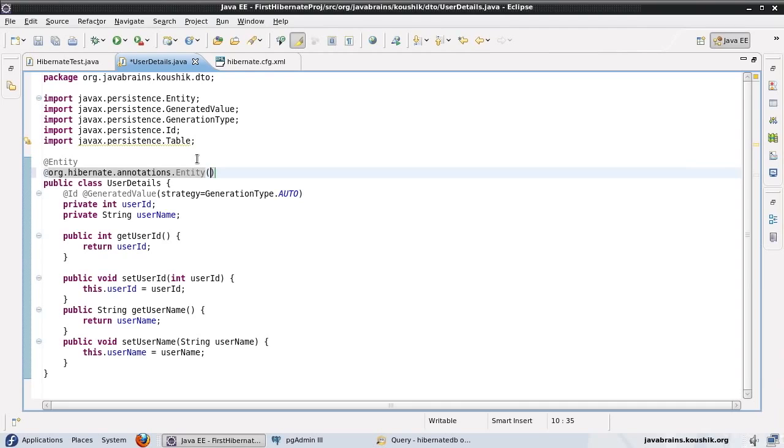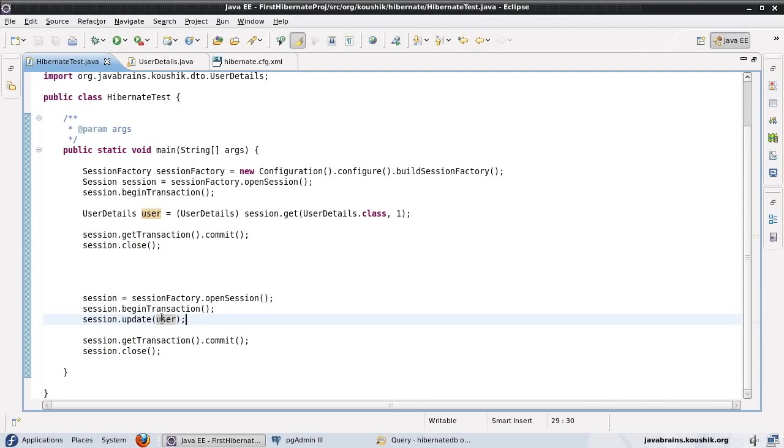So this entity annotation of Hibernate has a property called selectBeforeUpdate, and this you can set to true. Now what am I doing by setting this to true? I'm saying, hey Hibernate, make sure you do a select first before you do any updates, and make update queries only if there is something that needs to be updated. So this is applicable for the whole entity. It's not just the dot update. So we're going to look at a couple of other scenarios where this is applicable, but for now,